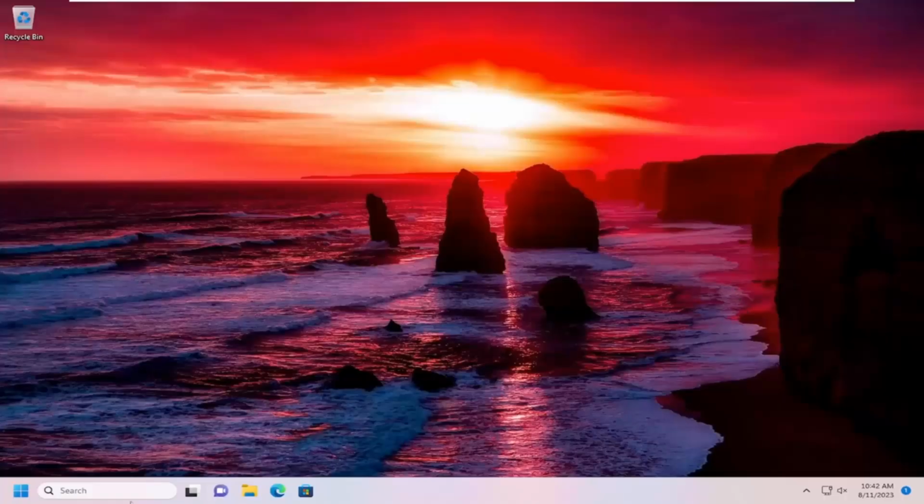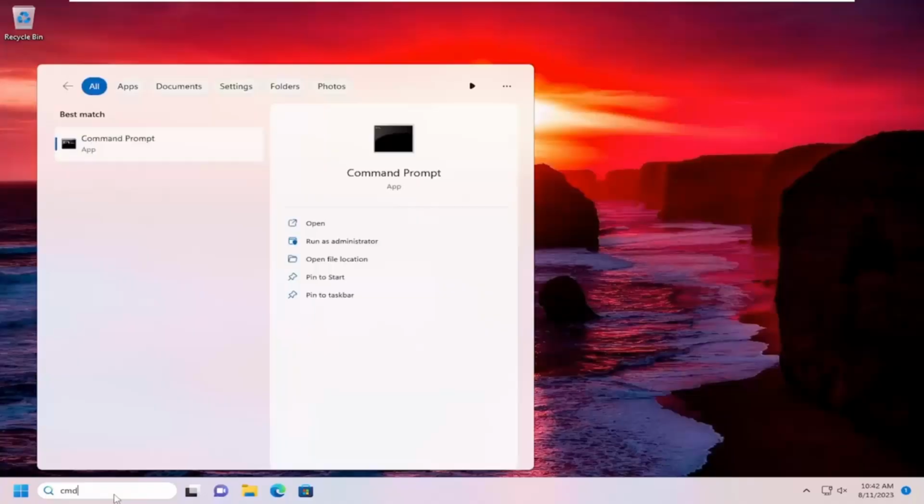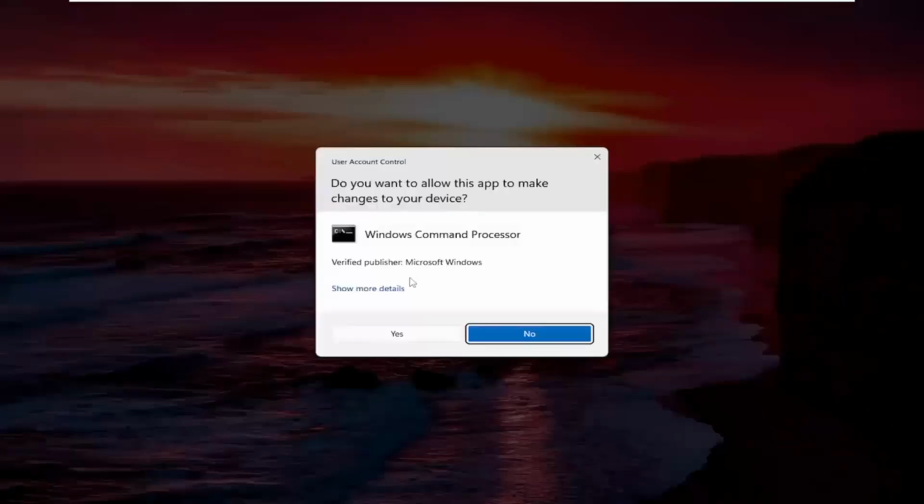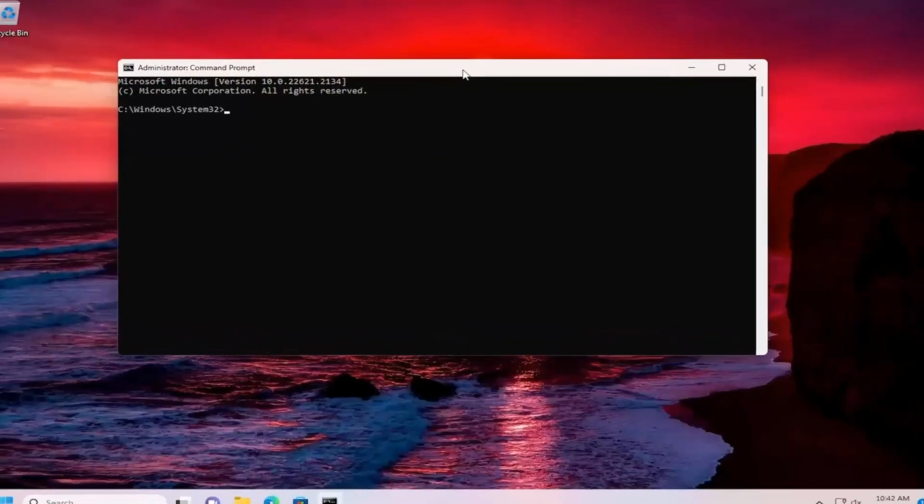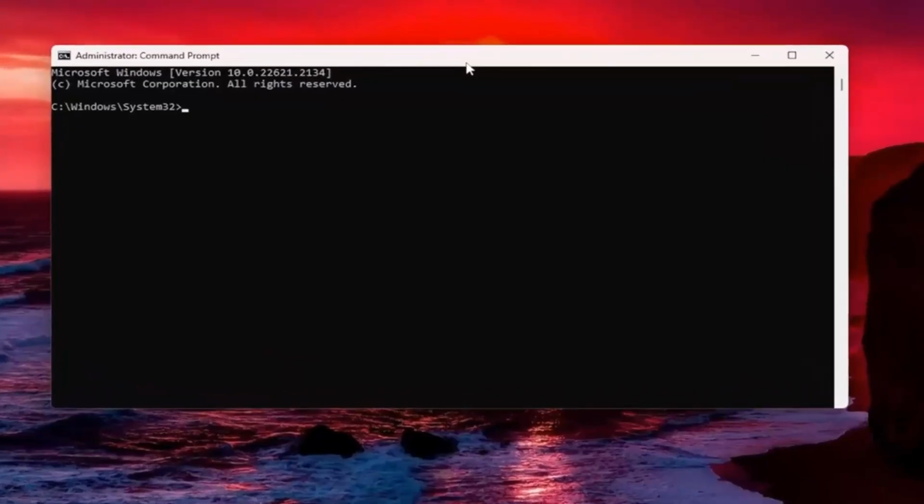First thing I recommend doing would be to open up the search menu, type in CMD, best match, should come back with command prompt. Go ahead and right click on that and select run as administrator. If you receive a user account control prompt, select yes. And now into this elevated command line window, type in